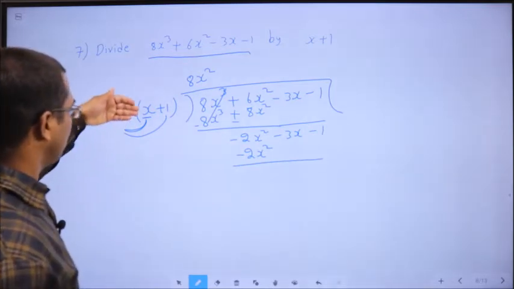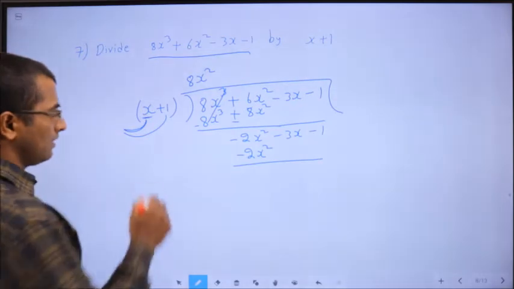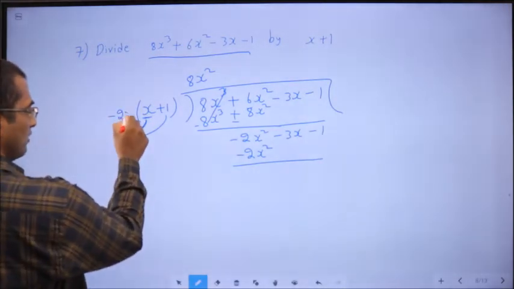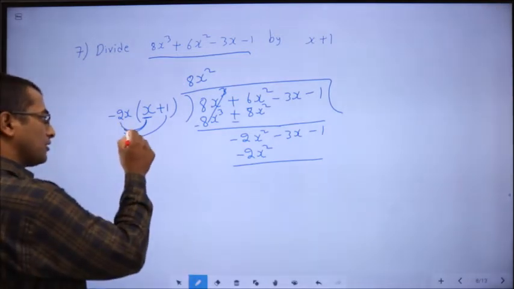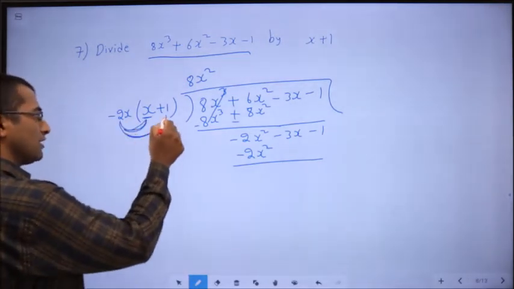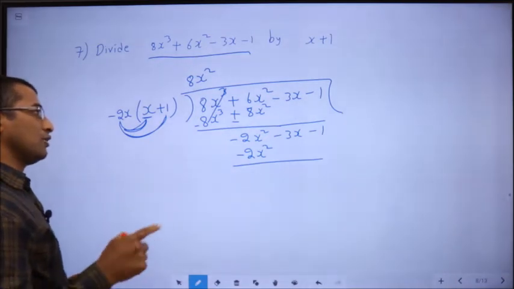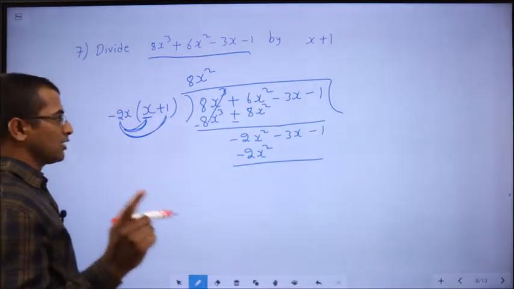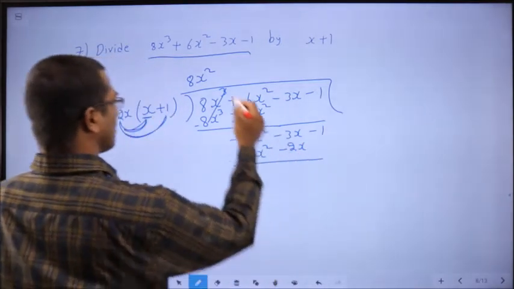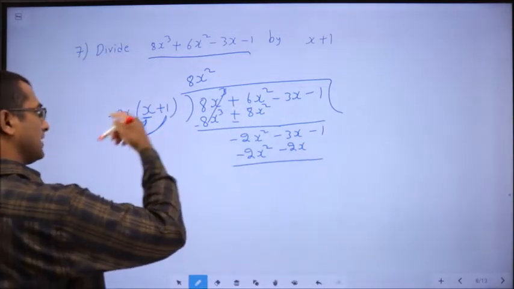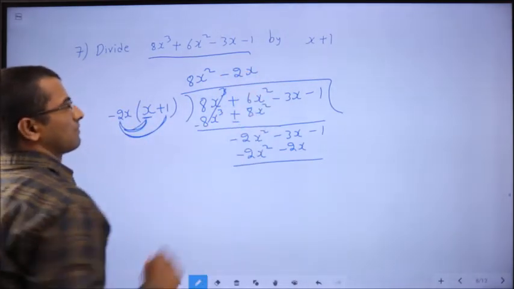Now here minus 2x square, below this also you should get minus 2x square only. Here I have x. This needs to be multiplied with minus 2x, only then I get minus 2x square. When I am multiplying this with x, this also needs to be multiplied with plus 1, resulting in minus 2x into plus 1 will be minus 2x. So write minus 2x. So the second term of the quotient is minus 2x.